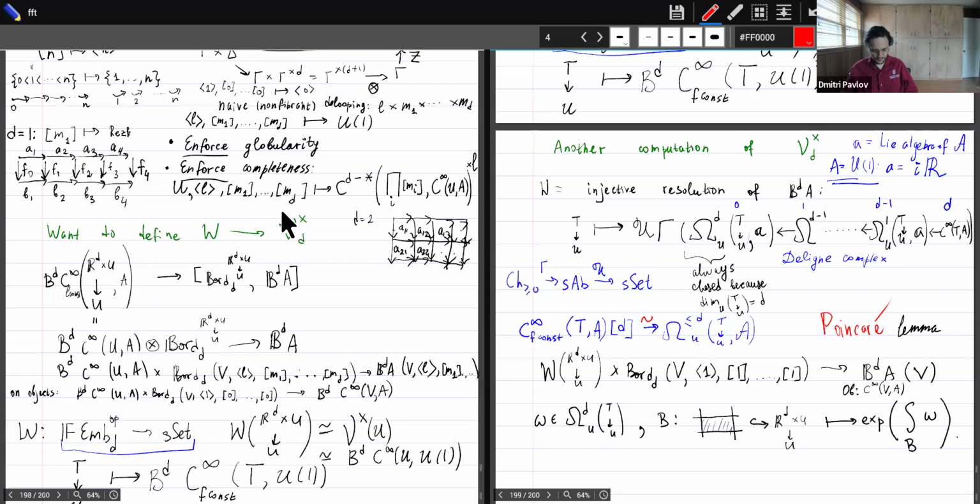So what I do is I recall that V cross D by definition is the derived mapping simplicial set from the board D with a corresponding geometric structure through V. So by adjunction, I have to write down a morphism